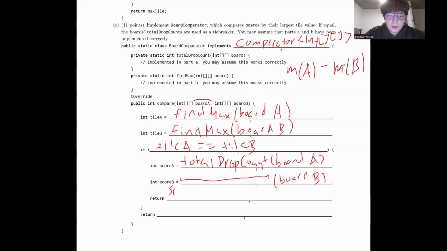So it'll be score A minus score B. And remember, if these two weren't equal, then we'll use that as a deciding factor for their comparison. So that'll exactly be tile A minus tile B,